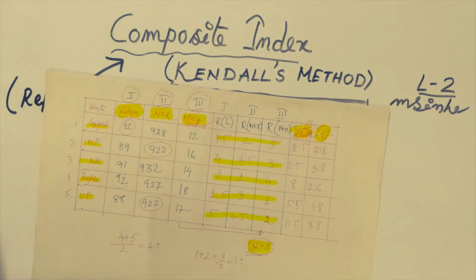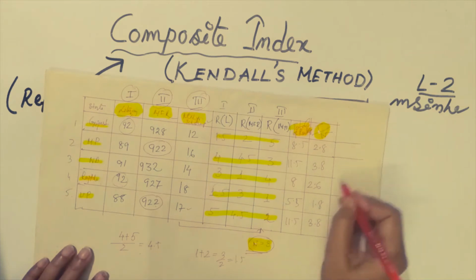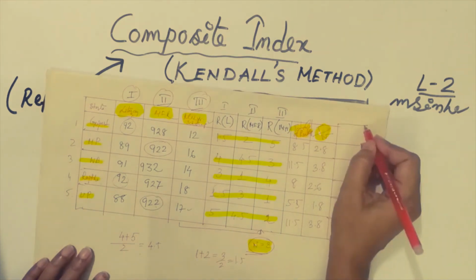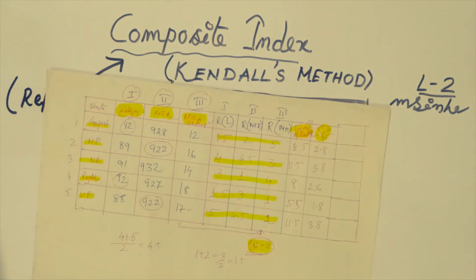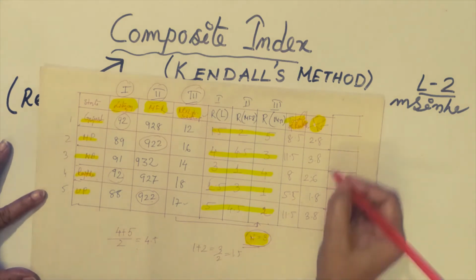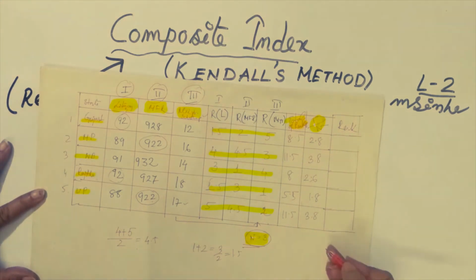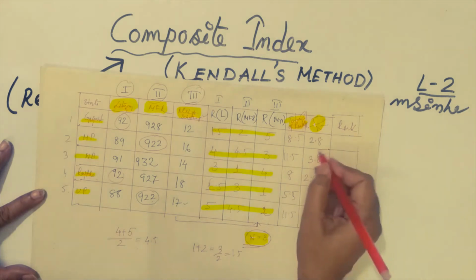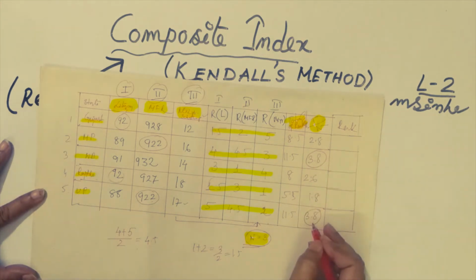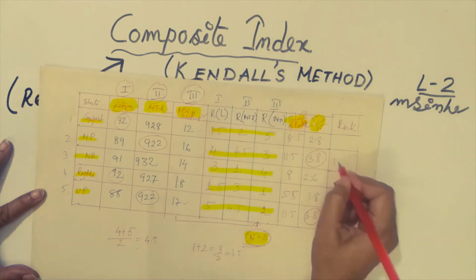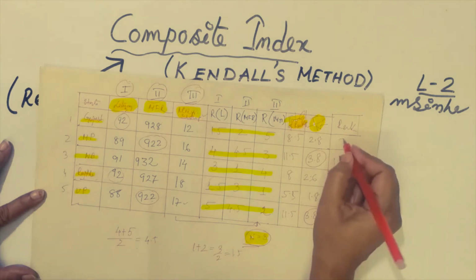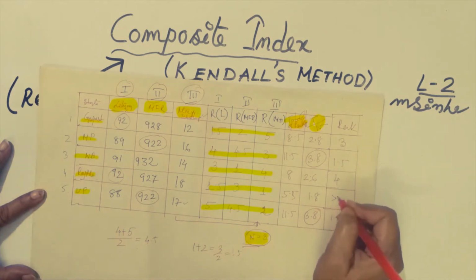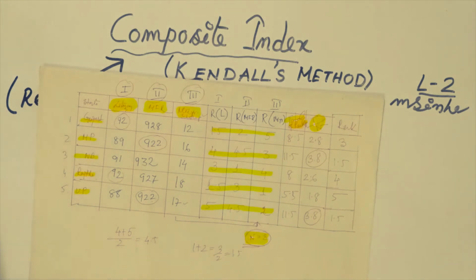The last column is the ranking. Just extend this column. This is for the final ranking, the final index. Prepare a rank. What is the highest rank? This is the highest, this may be 1 and this may be 2. This is 1.5 and 1.5, so 2 is gone. Then what will be 3? Rank 3 is here, rank 4 is here, rank 5 is here. This is a very easy formula, very easy to calculate.